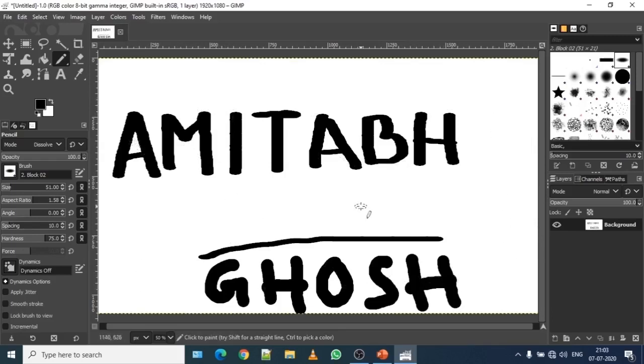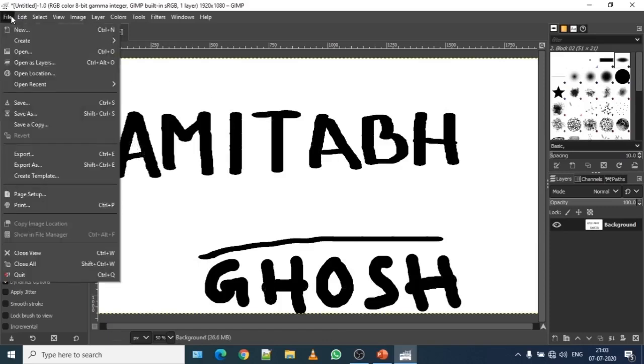So if you want to save this file, again click on File and then click on Save, or you can click on Save As. The default shortcut key for save is Ctrl S, and for save as is Shift plus Ctrl plus S. Means if you do not want to use mouse, simply press these buttons from your keyboard. For saving a file, Ctrl plus S. For saving a file as, Shift plus Ctrl plus S. So I'm going for initial saving of a file, click on Save.